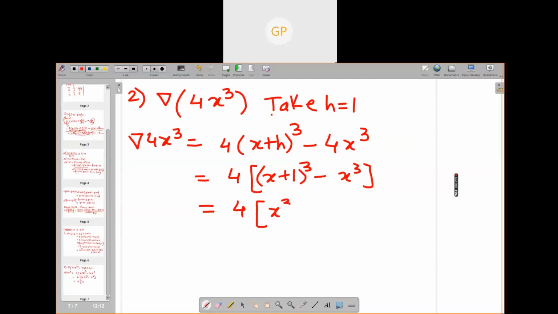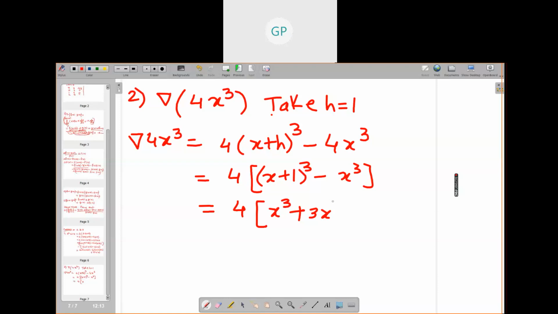X cube plus 3x square, plus 3. That is Gayatri's voice. Turn your video on, Gayatri. Yes, ma'am. That is your voice, Gayatri. Now someone else is speaking. Sorry, ma'am. Who is speaking? Riddhi, sorry, ma'am. I can recognize everyone's voice. Gayatri, I'm taking your name. You have to speak. Yes, ma'am.